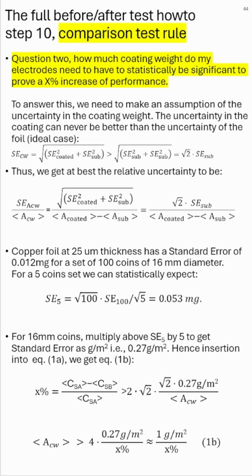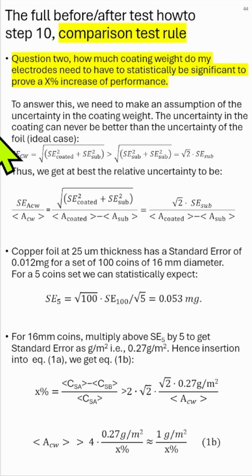So question 2 then: how much coating weight does my electrode need to have to statistically be significant to prove an X% boost increase in performance, right? So that is the reverse, right? The first question was, how many percentage in improvement do I have if I know the coating weight to be statistically significant? Now we ask the reverse. How much must the coating weight be if I know how much the increase is? So we can answer this. So let's